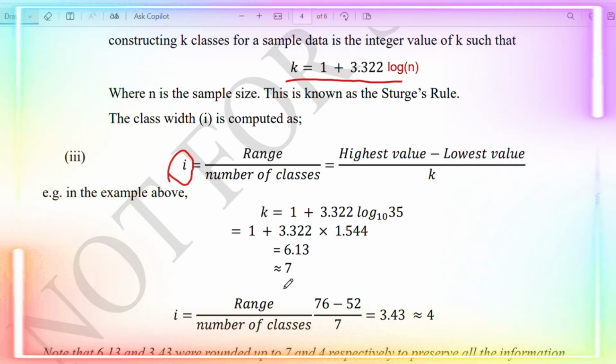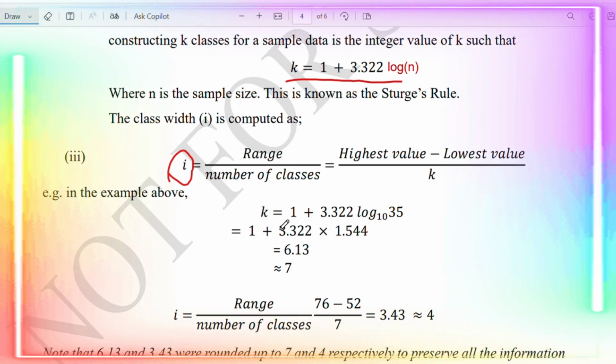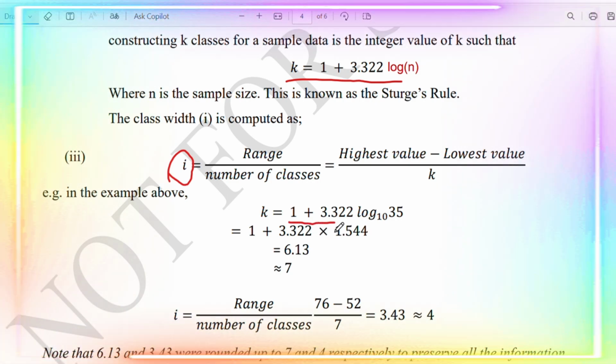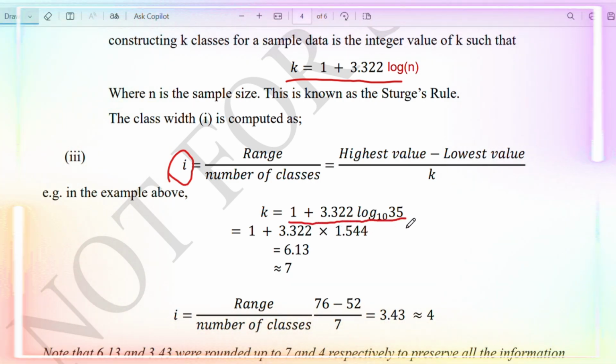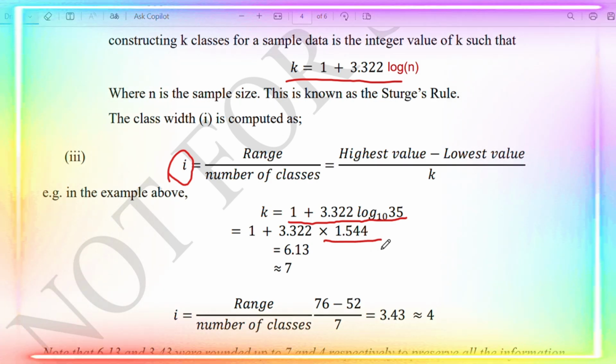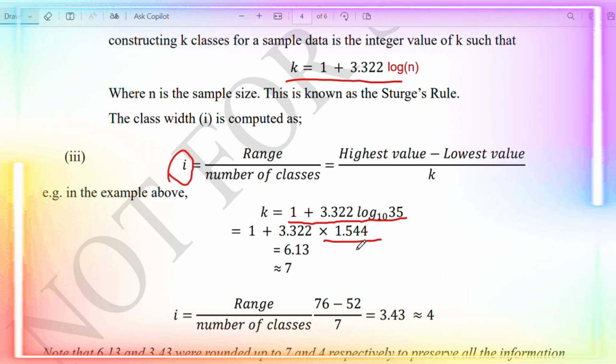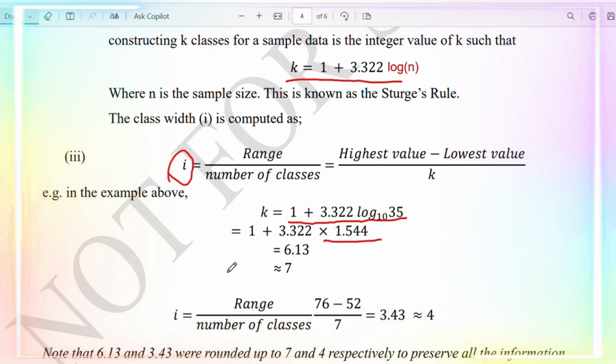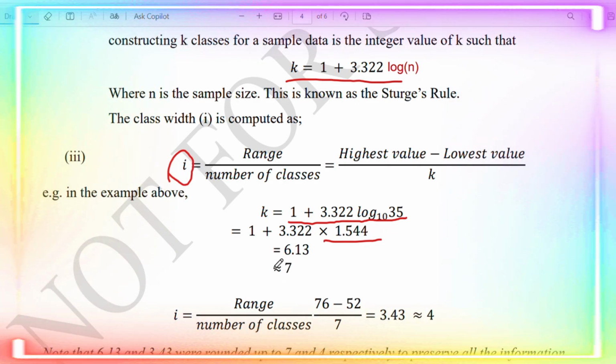Then it means that K will be equal to 1 plus 3.322 log 35, and log 35 will give you 1.544. Now, if you simplify that, you have